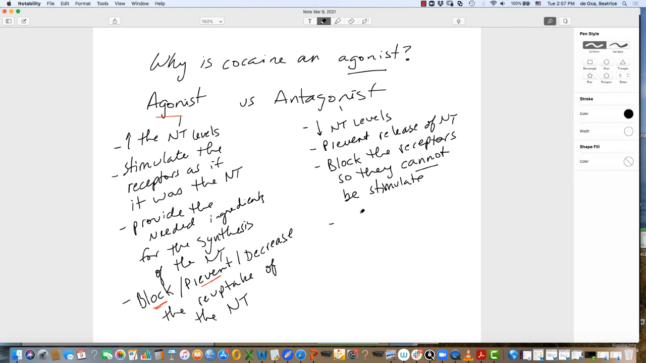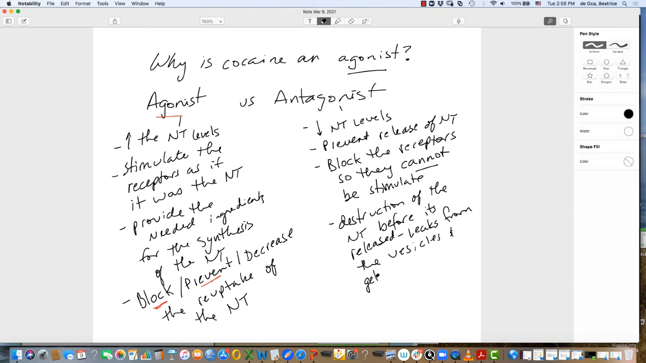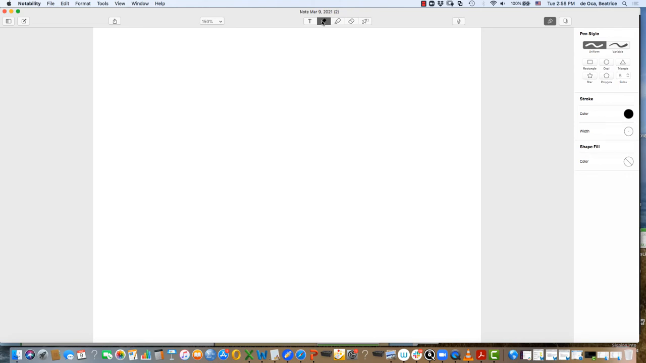And it can also lead to the destruction of the neurotransmitter before it's released, by having it leak from the vesicles, so that it gets destroyed by these enzymes. All right, so an agonist, it's as if there's more neurotransmitter. Antagonist, as if there's less neurotransmitter. So let's take a look and see why blocking reuptake